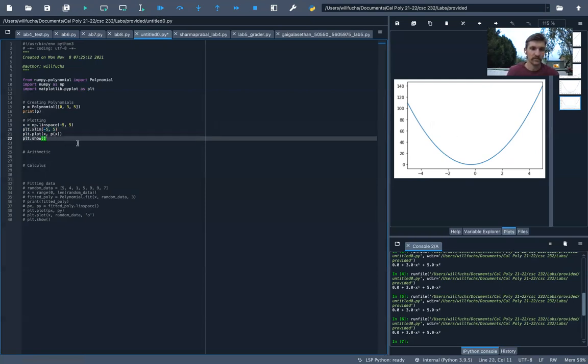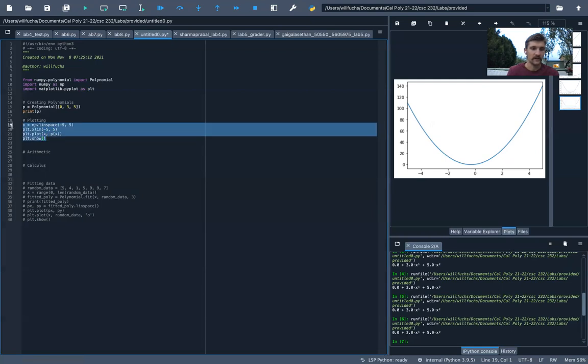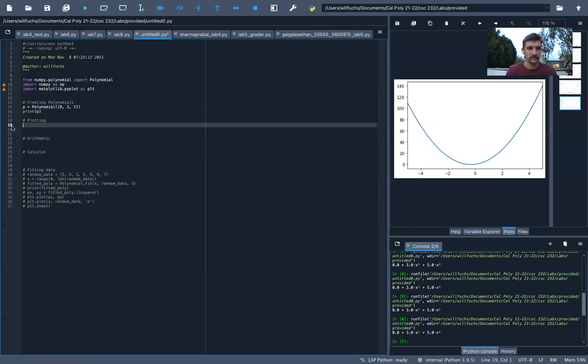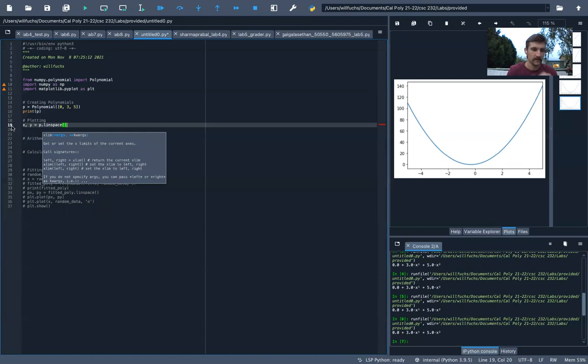Now that's one way to plot this. There's another way that is generally considered to be a bit easier, and that's using a different version of linspace, which is the polynomial linspace. So we'll say x, y = p.linspace, and linspace takes in